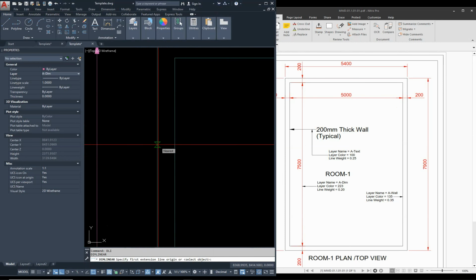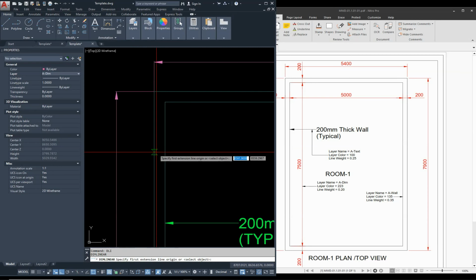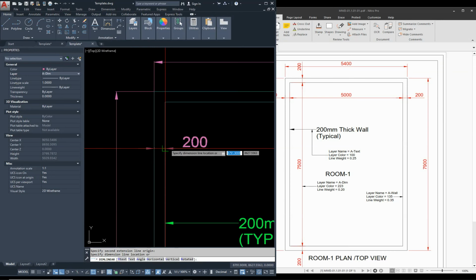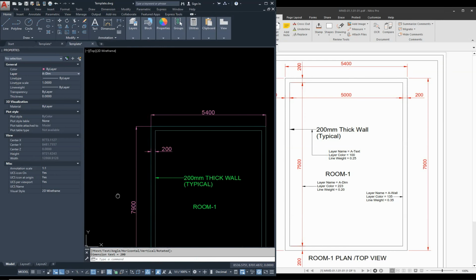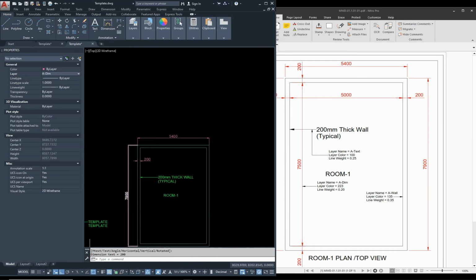I said it is 200 mm, but in some cases our wall could be 100 mm, 150 mm, 200 mm, 250 mm, up to 300 mm. So we have to tell the person who is going to work on site that the wall thickness is 200 mm. This is my first point, this is my second point, and I just gave a dimension of 200 mm, and now I have to make it